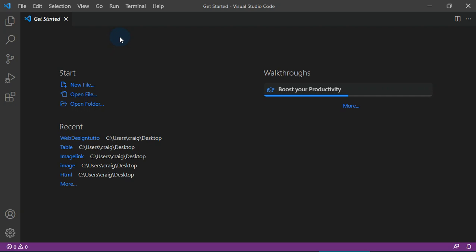Now if you don't already have VS Code, I'm going to drop a link where you can just click and download VS Code, the Microsoft link, and it's very easy to install. So now when you come to a window like this,